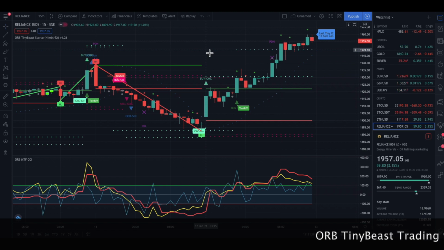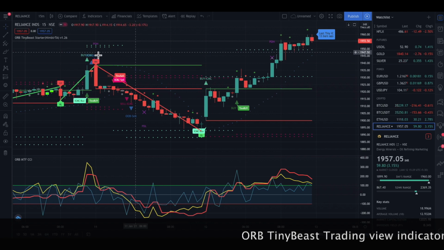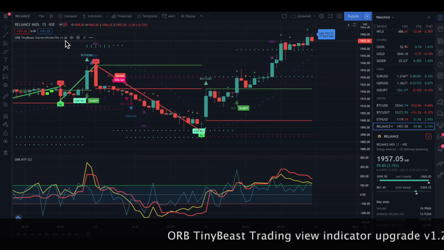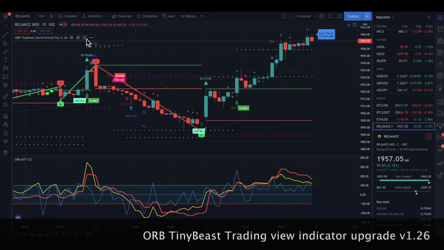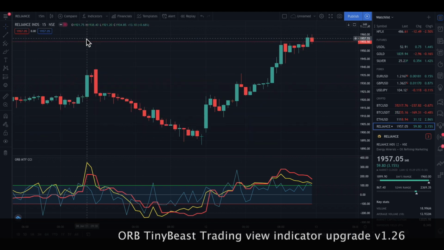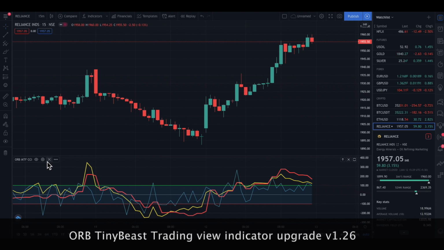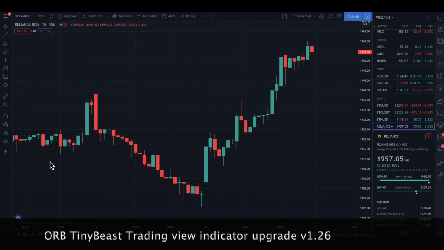You must have received an email. This is the new upgrade. So first is how to install this upgrade. Whatever indicator you've got installed now, you go to that indicator here on the left side of your screen, and then you remove that indicator from the screen first. That is the first thing you do, is remove. Similarly, there's an upgrade for the MTF CCI also, so we are also going to remove this by clicking remove.